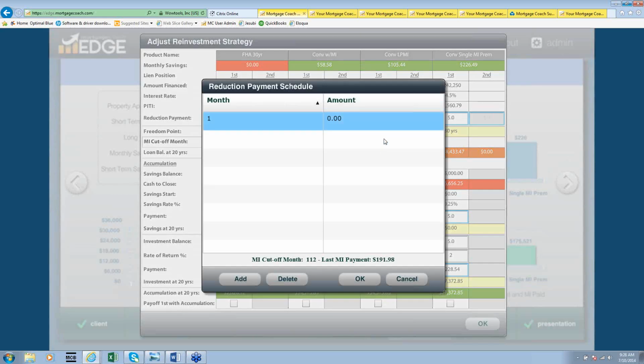So in this screen, there's a couple things you can do. If you look at the very base of the screen, it will tell you the month that MI is no longer required. So at the 112th month, there's 0 MI. And previously, I paid $191.98 a month. So since I've been making that payment, I want to continue making it, and I'm going to apply this amount